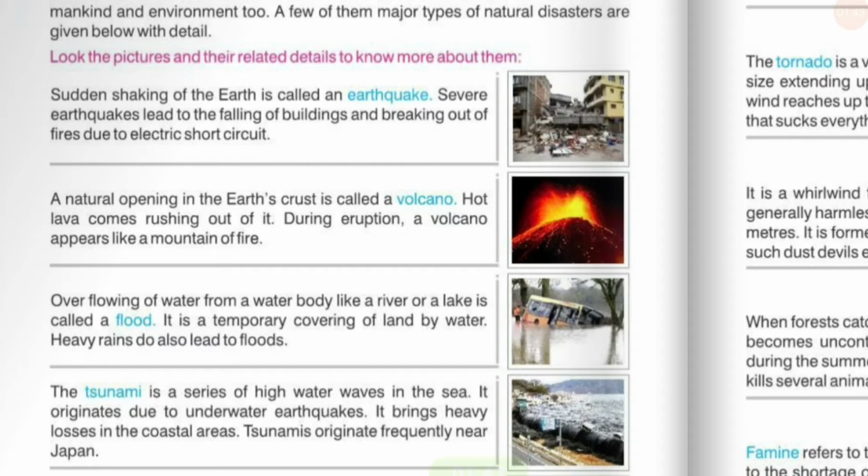So let's move to our next natural disaster, which is the volcano. A natural opening in the earth crust is called a volcano. Hot lava comes rushing out of it. During eruption, a volcano appears like a mountain of fire. So students, a natural opening in the earth crust or surface is called a volcano. From this opening, hot lava comes out, and this kind of eruption is called a volcano eruption,